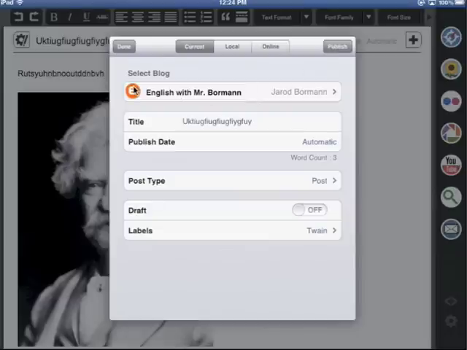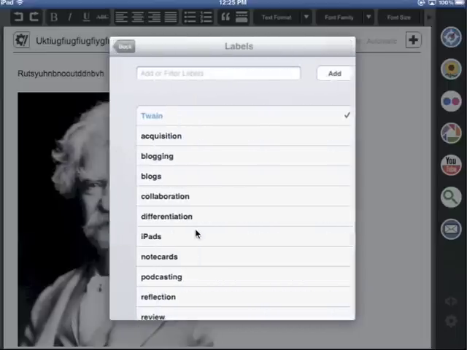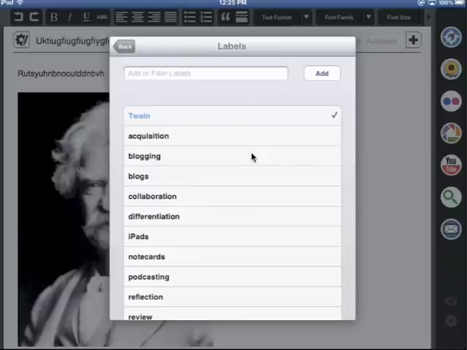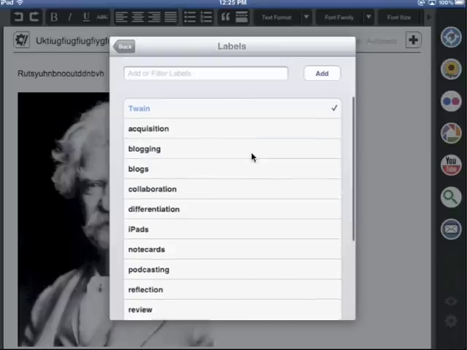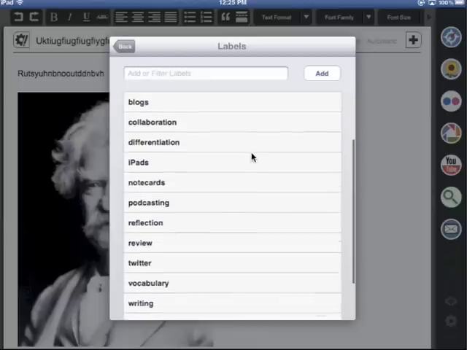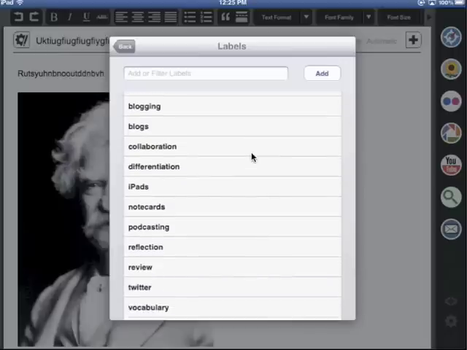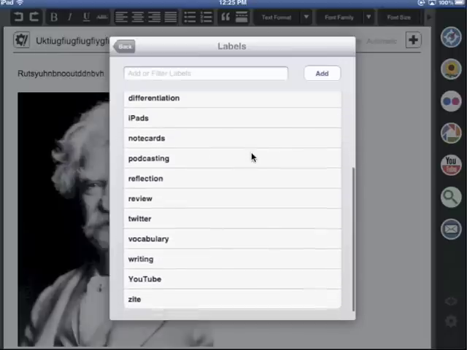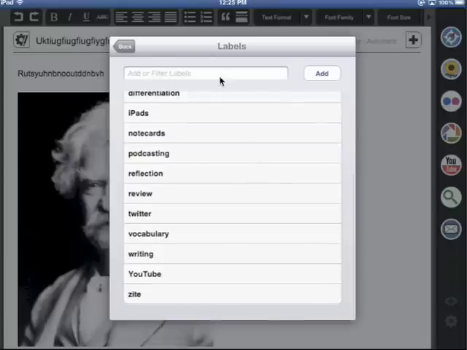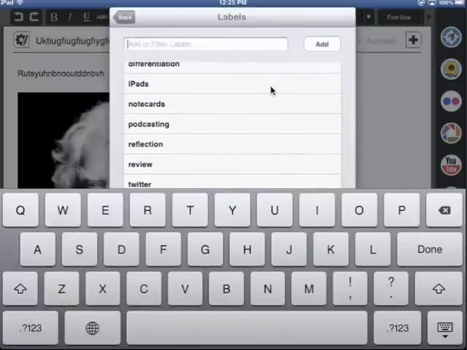But before I publish, I have my blog here. I could change the title of it, the date's automatic, it's a new post, and then here is this labels. On the labels part, what's really nice, and you will be using labels for your drafts, these are so far all the labels that I've been using with all of my current blogs. And so what I recommend is putting basically tags of what your blog is about. So up here in the add filters label, say my subject matter with this, what makes me laugh, I could put in there